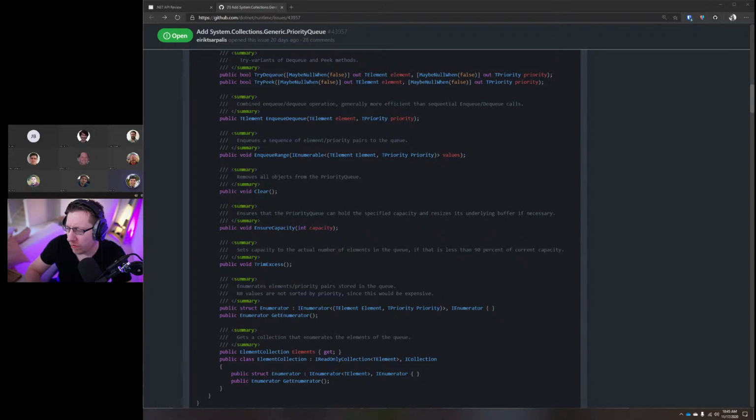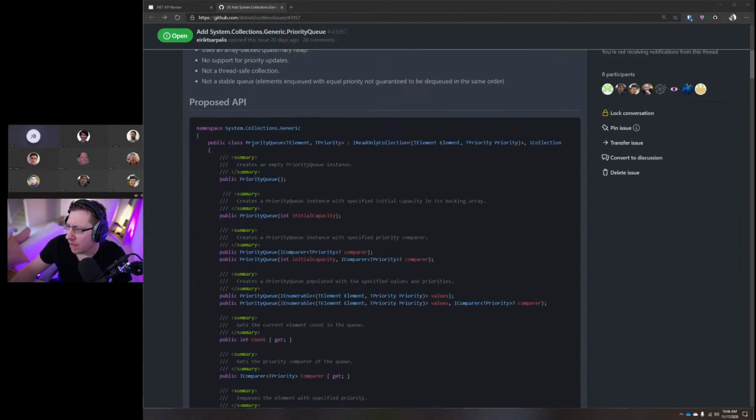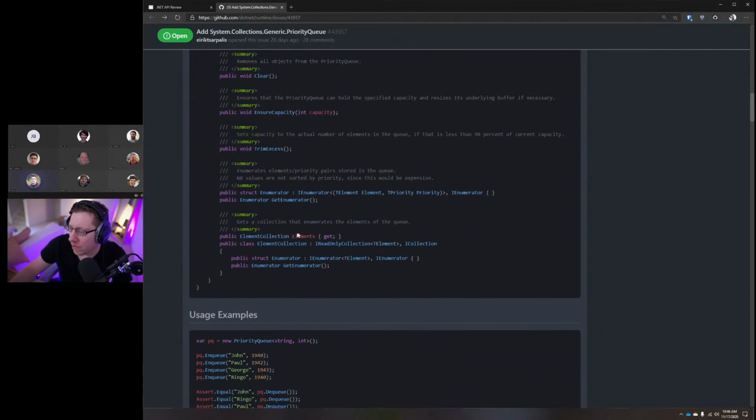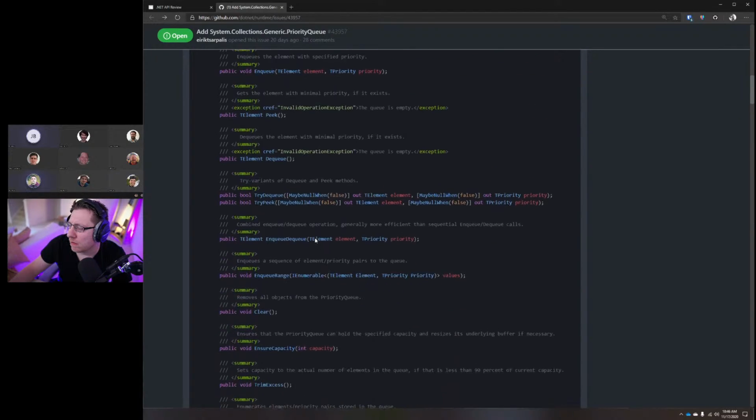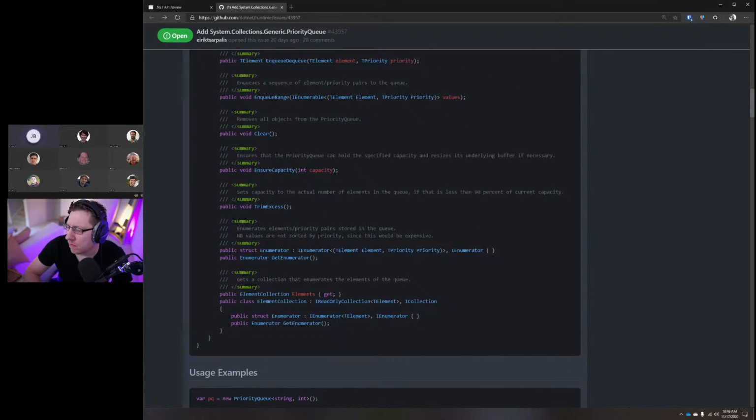So I would agree with that, but I think these are kind of orthogonal things. I think you could go ahead and, for example, say this guy here implements whatever the suggestion was, right, with keys and values, and then just basically do an explicit implementation so you don't actually expose keys, but you could still expose priorities, right? Well, if you're returning an enumerable of key value pair, then element is either key or value, and priority is the other one. And if the API is always calling them element and priority, but you get back a key and a value, which one was which? Yeah, exactly. That feels fine.